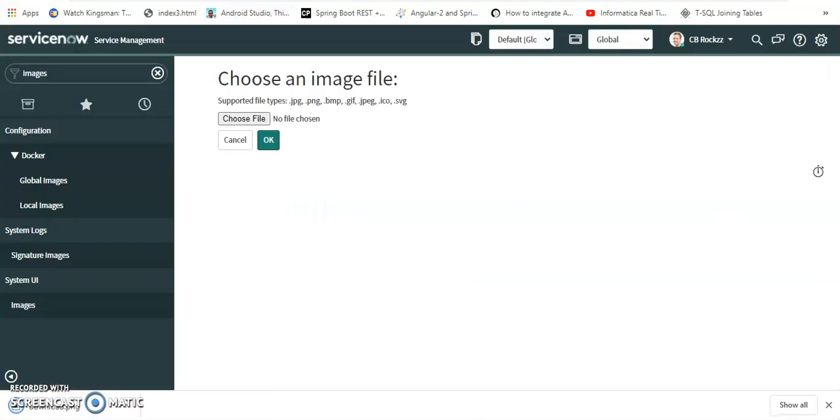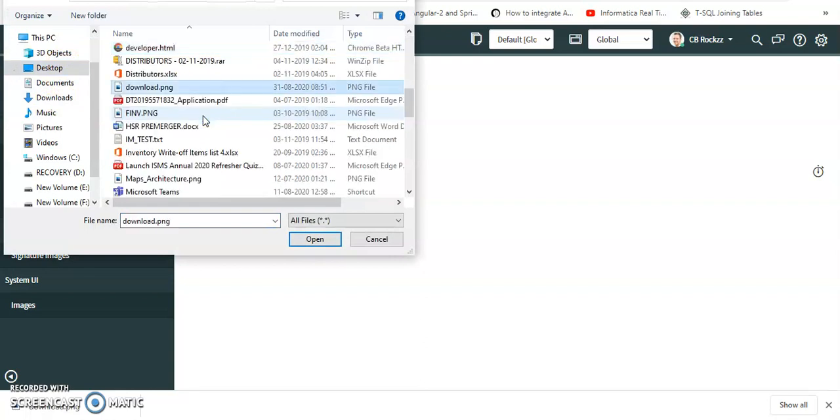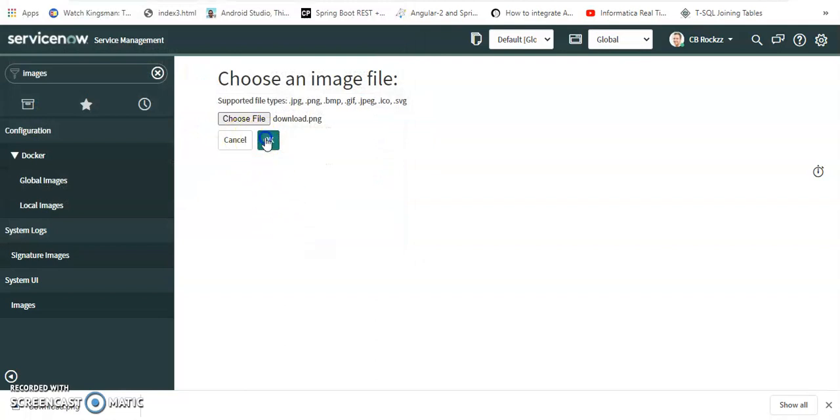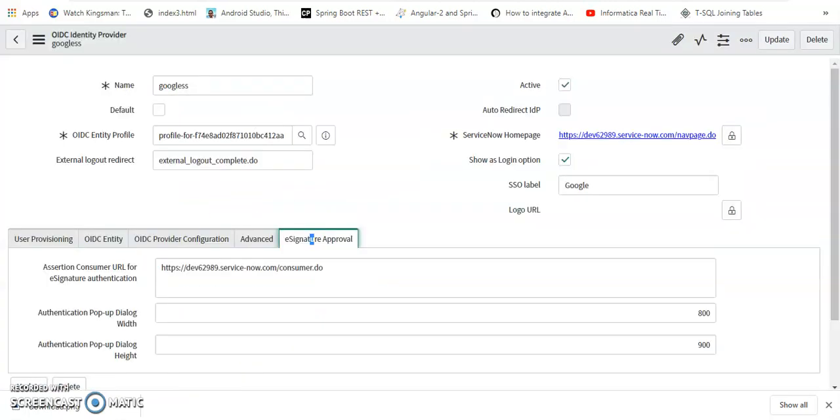I have downloaded this one and I'll just upload it here. I used download.png and I have just updated. Now I'll update with google.png here.